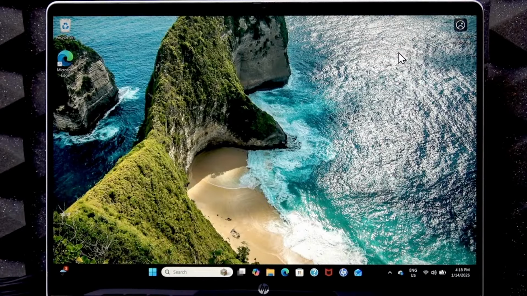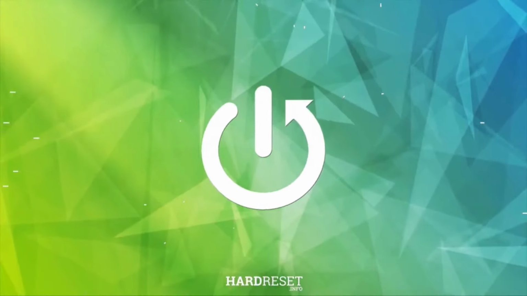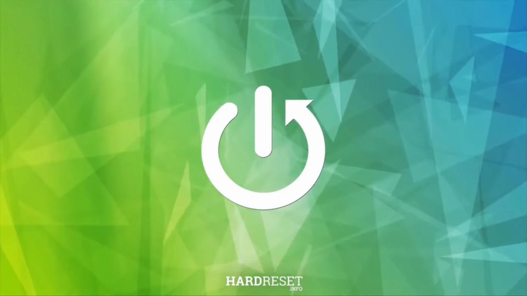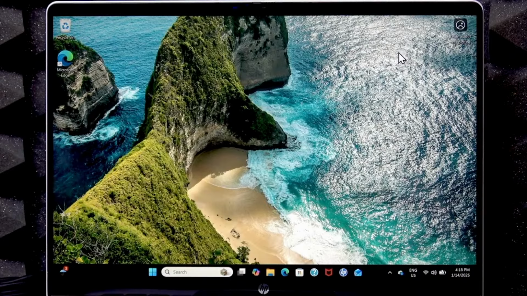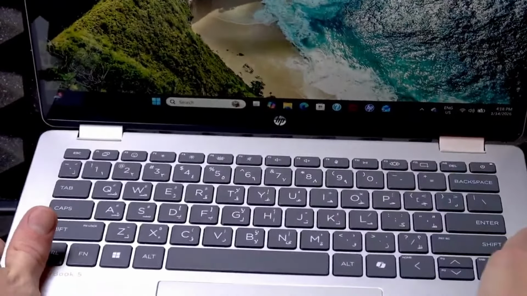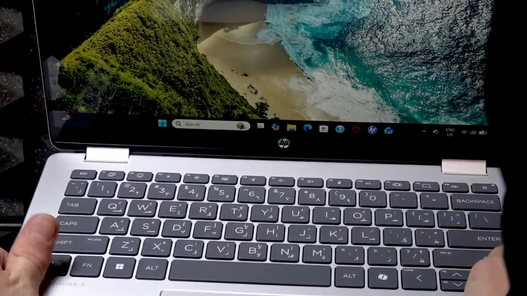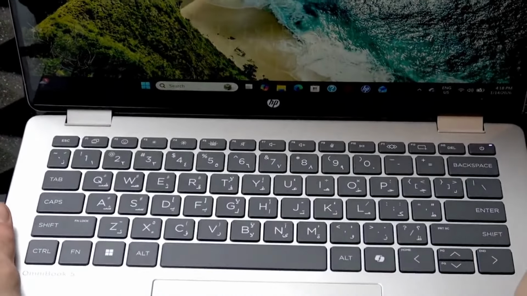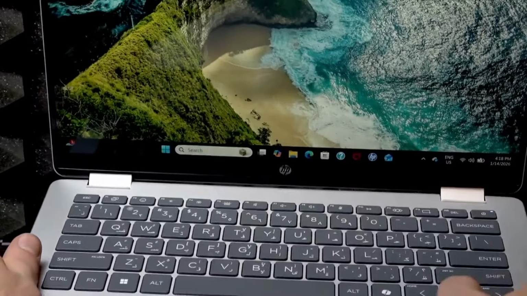Welcome. In this video, I will show you how to customize programmable key on HP OmniBook 5 Flip laptop. So the key we're talking about in this video is F11 button with this icon on it. I don't even know how to call it, but you can see it from here. And this key,